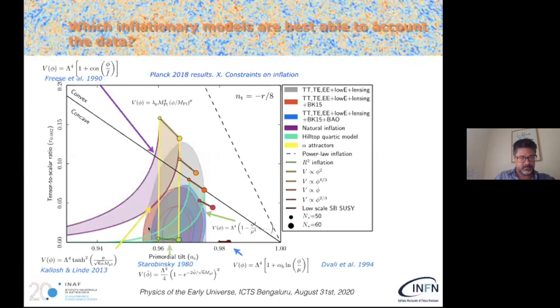data for most of the parameter space, and at the center of the data, the Starobinsky model sits with a very small tensor-to-scalar ratio, roughly 4 × 10⁻³, which cannot be probed by Planck. There's the yellow line, the T-alpha attractor models introduced by Kallosh and Linde, which interpolate between the R-square model and the quadratic potential, which is now firmly ruled out by the data.